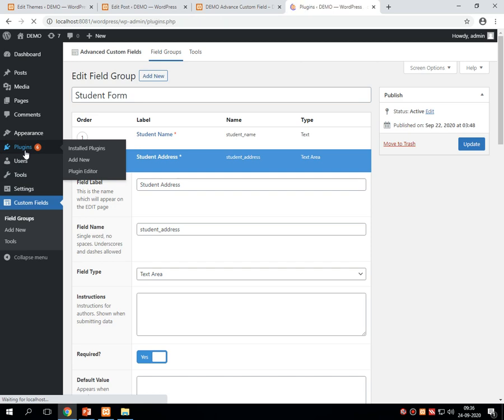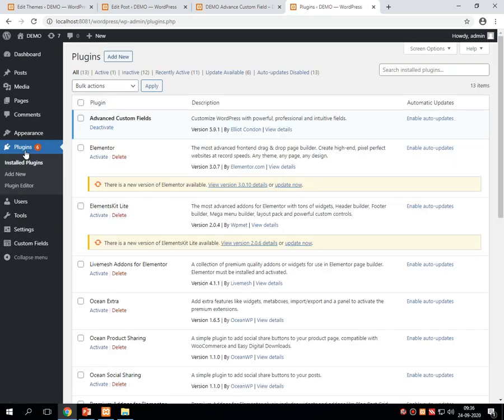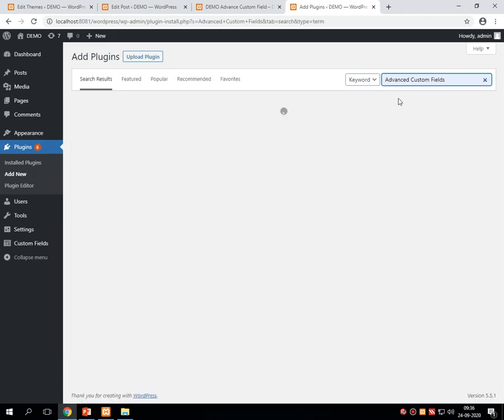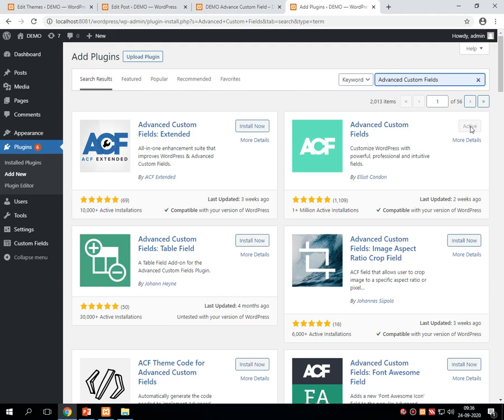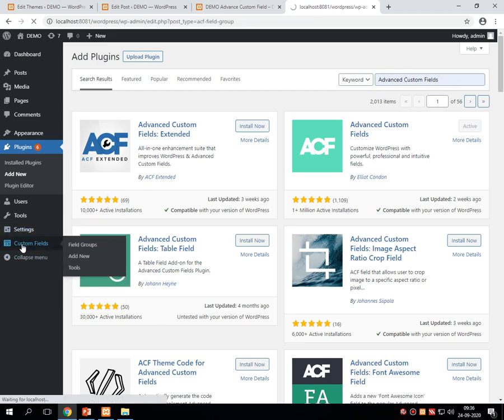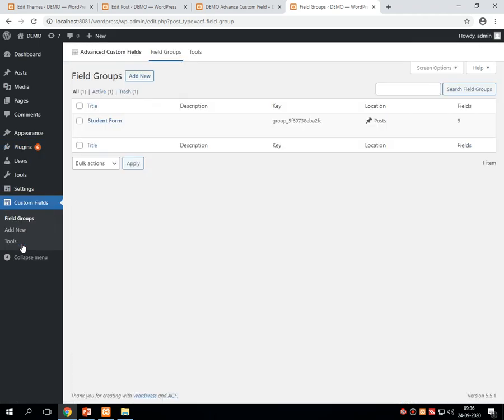First, after logging into the WordPress dashboard, I went into the plugin section, clicked on add new, added the advanced custom field option, and activated it, which gives a custom field menu after the setting. Then I went into the custom field.